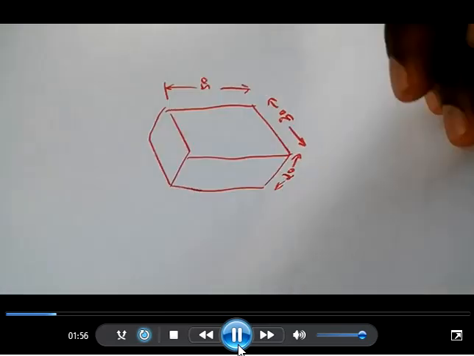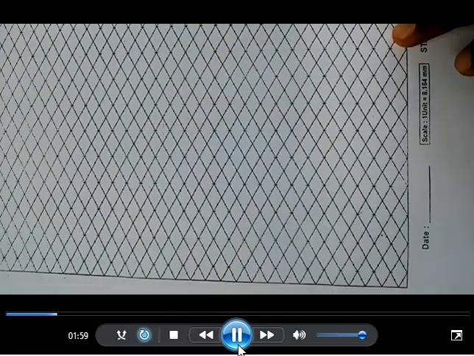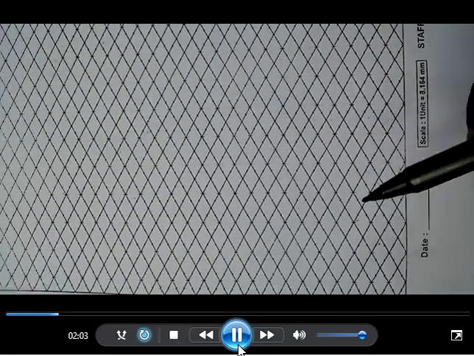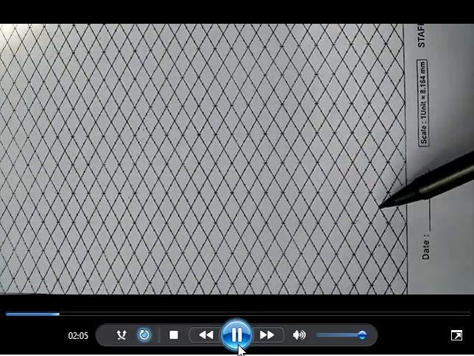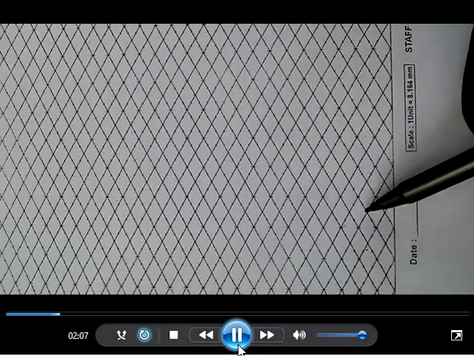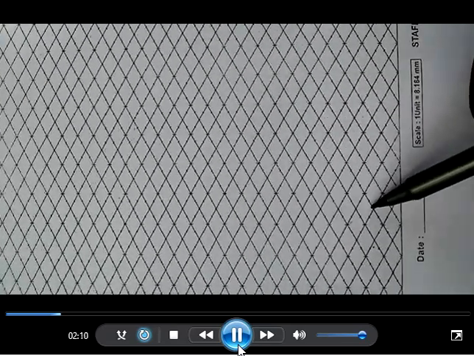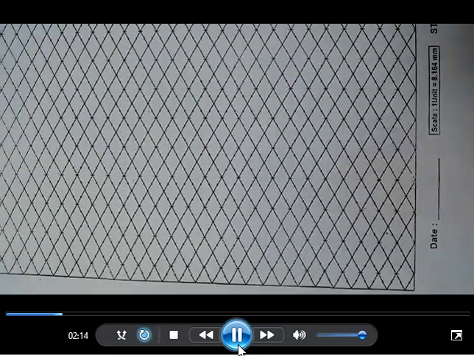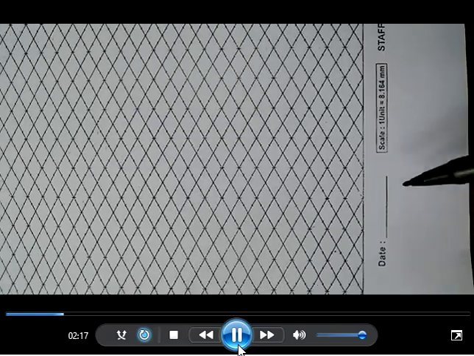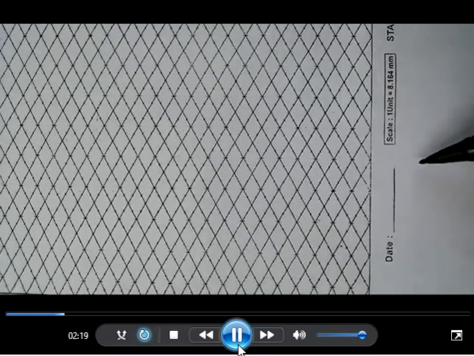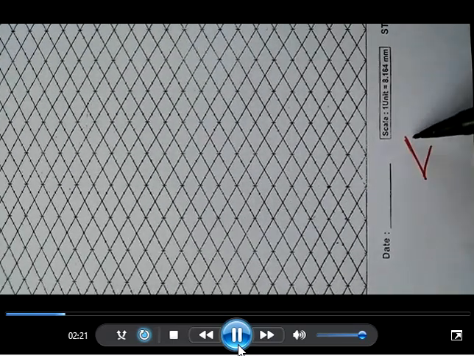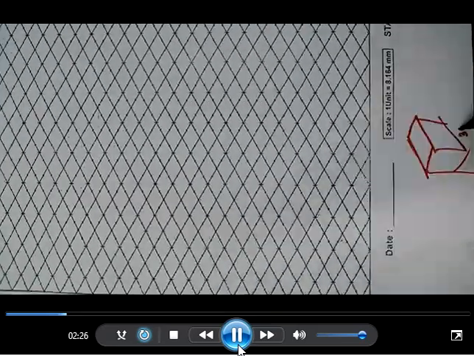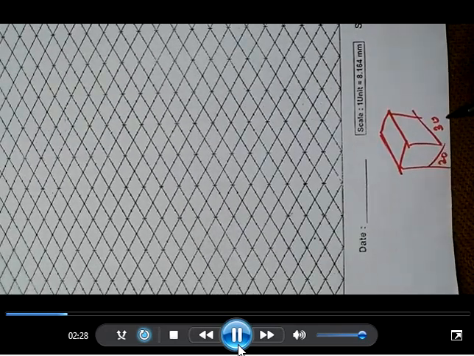Let me construct the same diagram in the isometric sheet. We'll start with any one corner. In this graph sheet, from one junction to the next junction is ISO 10, ISO 20, ISO 30, ISO 40, 50, like that. So we have to construct a rectangular prism of dimension 30 by 20